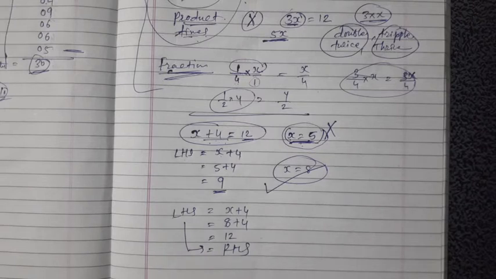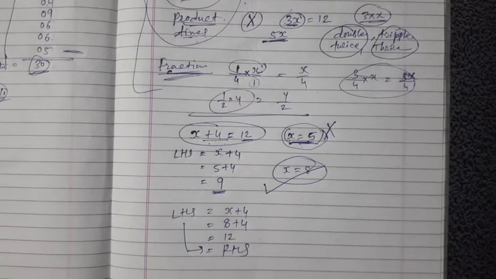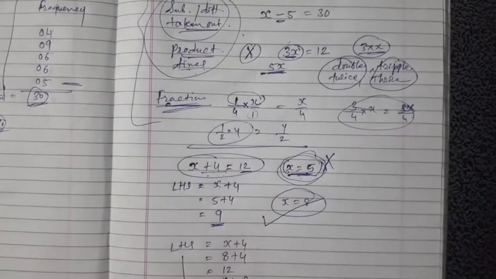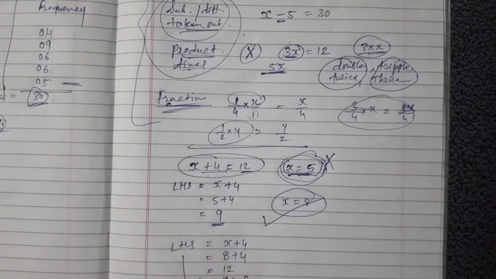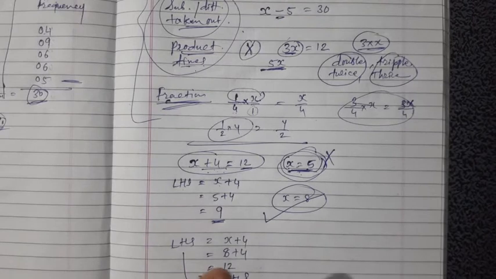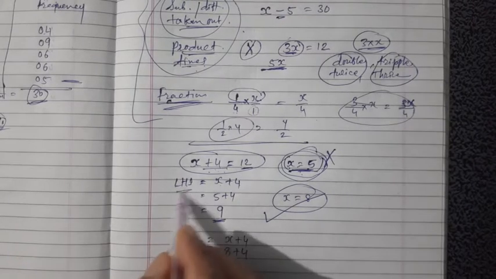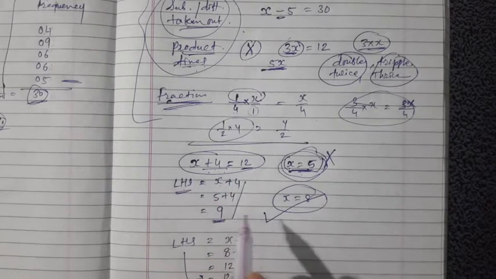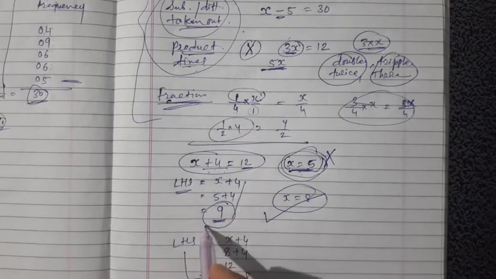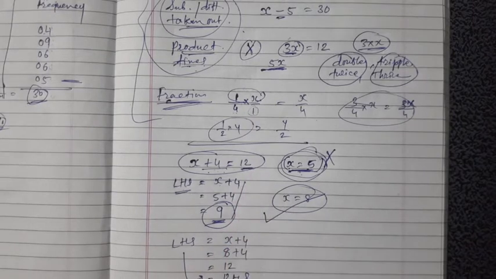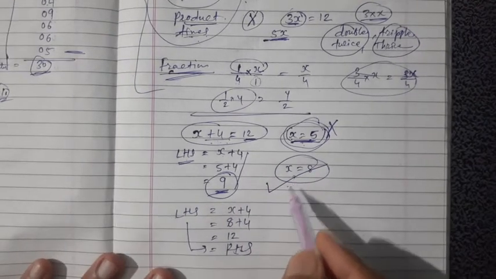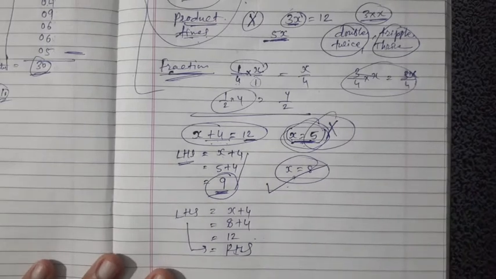Okay, so when you want to check whether the given value satisfies that equation or not, whether that is a solution of that equation or not, that time what to do? Just take the left hand side and put the value of the variable in that one and find out the answer and check that answer with the right hand side. Are they equal or not? If they are equal, means that is a solution of that equation, otherwise not.